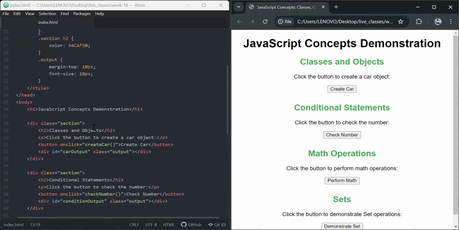All right, so like we usually do, I have created a page that we're going to apply the JavaScript classes. For the first section here, which is for classes and objects, we want to create a class that is going to pass to an object. We'll pass the class to an object, and we have a function for that called createCar. So the function or the object will be a car. So recall from the class lesson that JavaScript